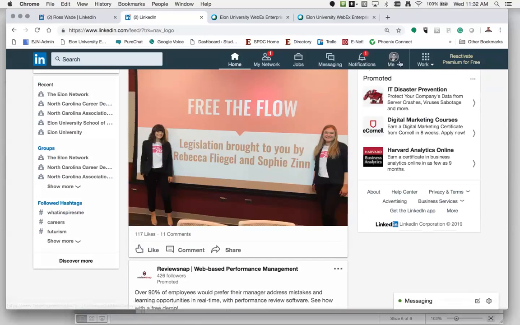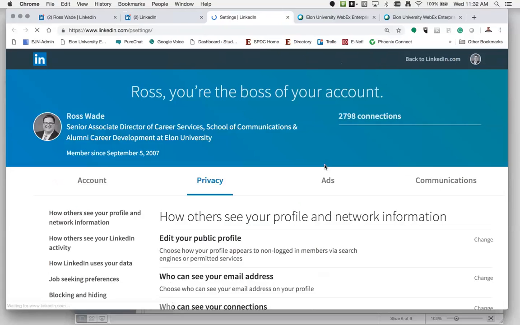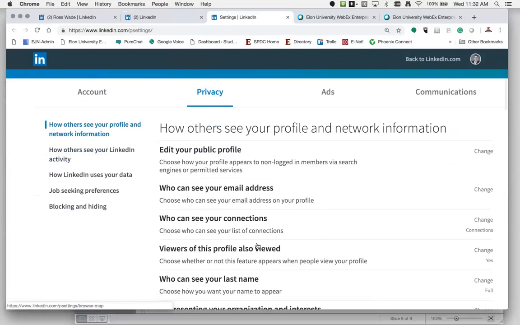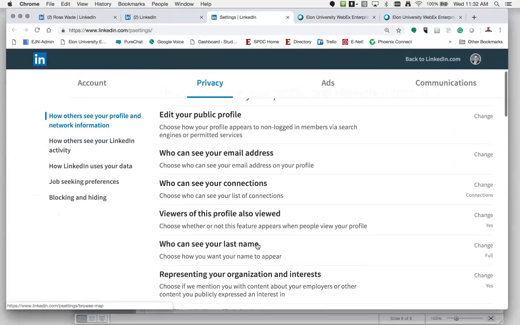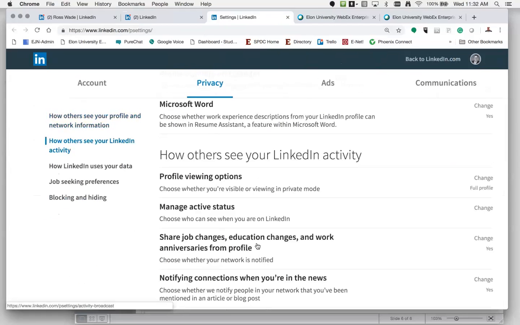Now I want to go up to the top just to show you, we've already talked about me, but if we go under me, we've talked about view profile, but I also want to make you aware of your settings and privacy. If I go there, you can make your profile as visible or invisible as you want to be. Some people say, I only want my first degrees to be able to see my information, and you can make that change for whatever preference you have. Some folks don't know that on Basic, if you look at someone else's profile, they can see that you've checked them out. You can change that setting in your profile as well so that doesn't happen.